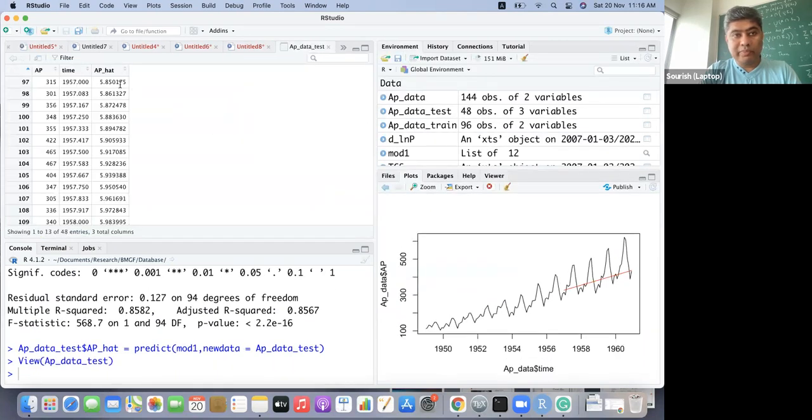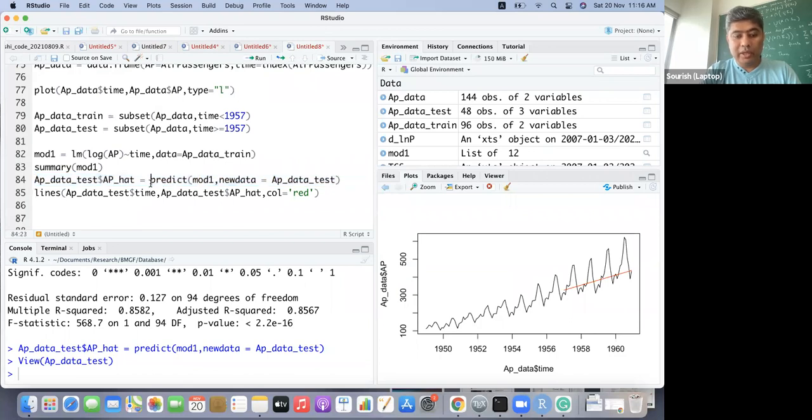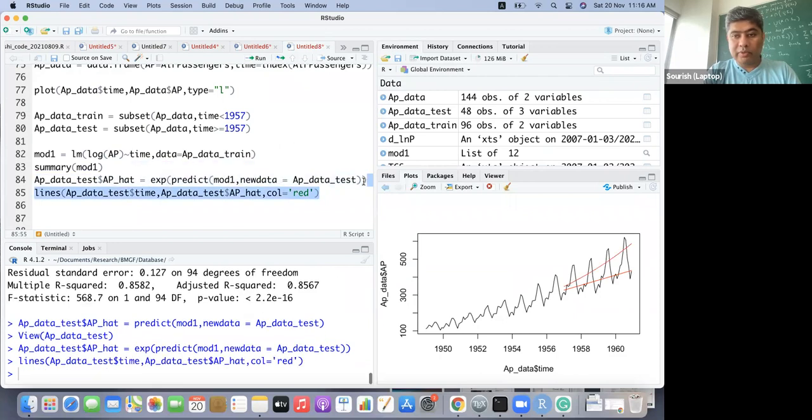So you can see that predictions are happening in the exponential scale, so we have to take the exponential of this. And now if we just plot this, this is the model that we are getting. So let us stay with this model, and now we have picked up the trend part.